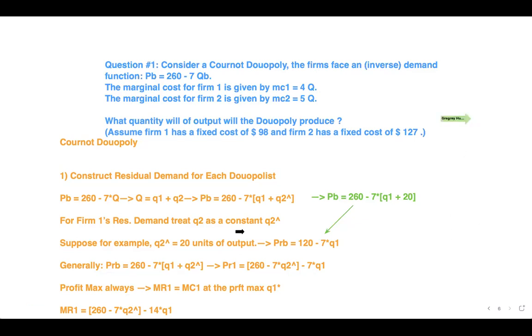Okay. So we can pick up here next time. Hopefully you can see, Joshua, that the next step would be to set marginal revenue equal to marginal cost. And that's where we'll start off next time. Okay. Does anybody have any questions about this? Because we're out of time. I'm going to go ahead and